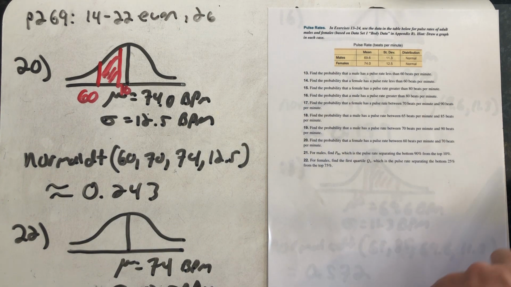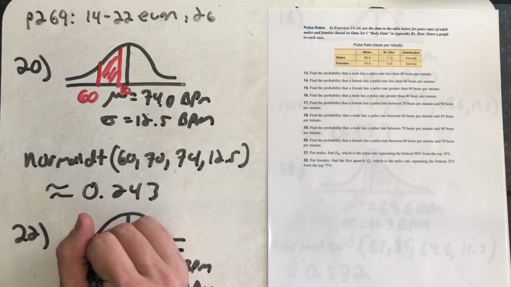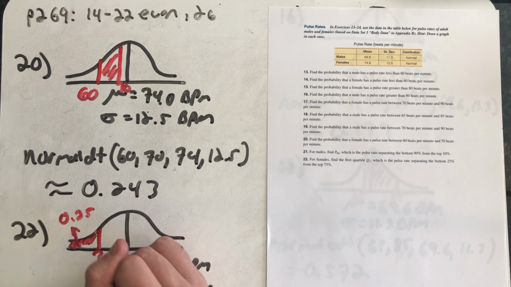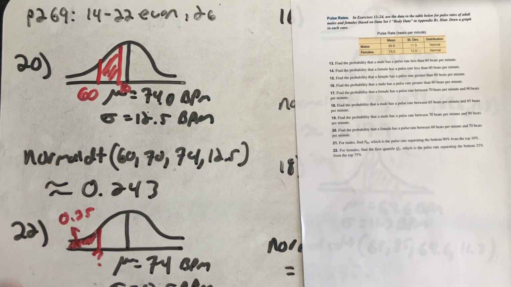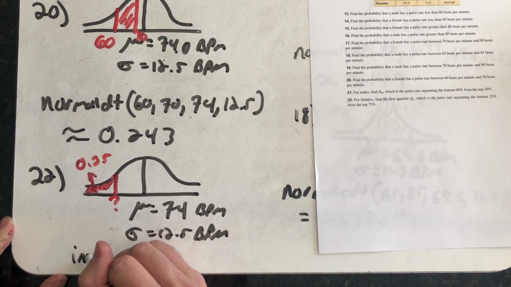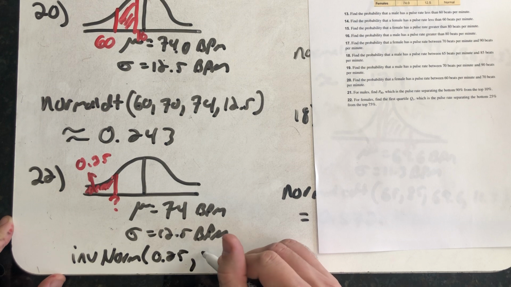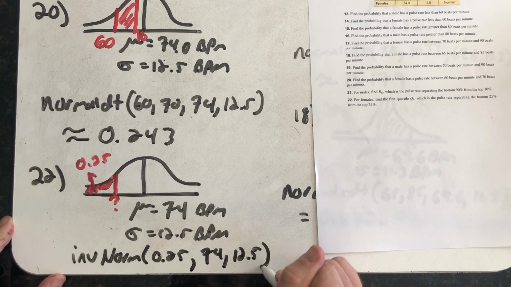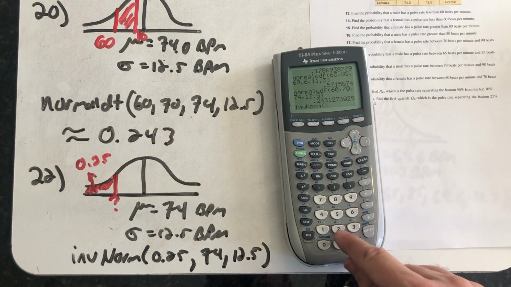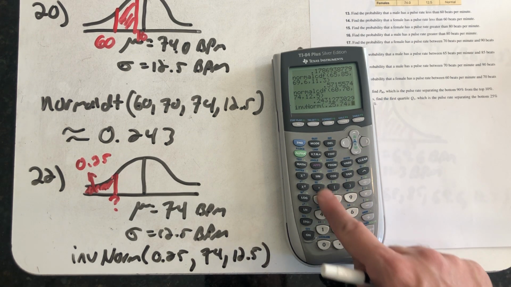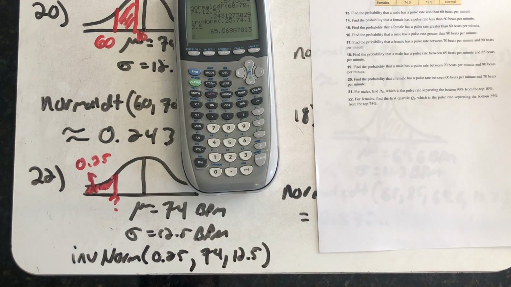All right, first quartile clearly below the mean, separating the bottom 25% from the rest. Since we're looking for a data value, that's what inverse norm does. Inverse norm takes that area to the left, always the area to the left, the mean, and the standard deviation. All right, and the data value we get is